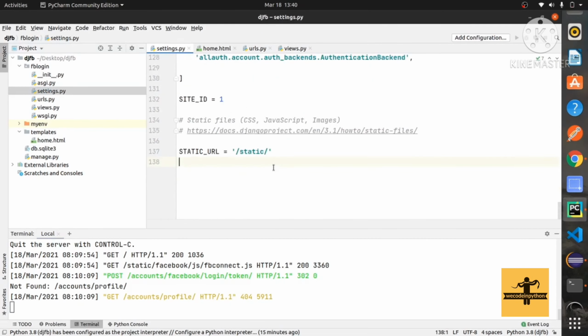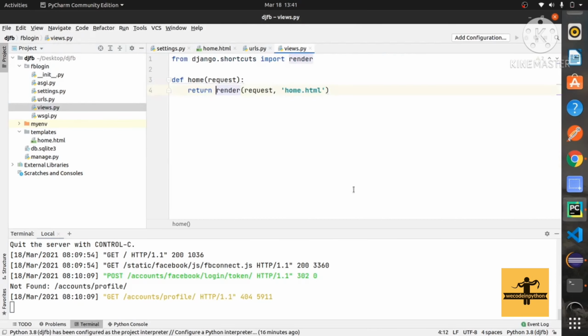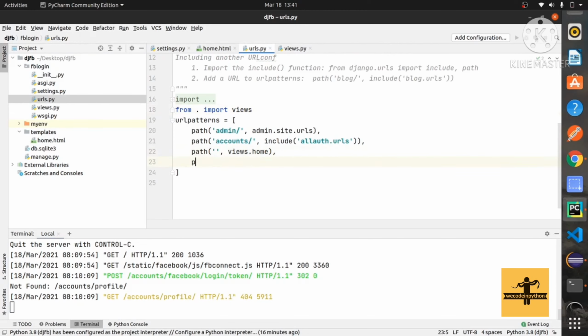So first go to settings, LOGIN_REDIRECT_URL, and the profile will be our URL name. So here path profile, views.profile, and name will be profile.